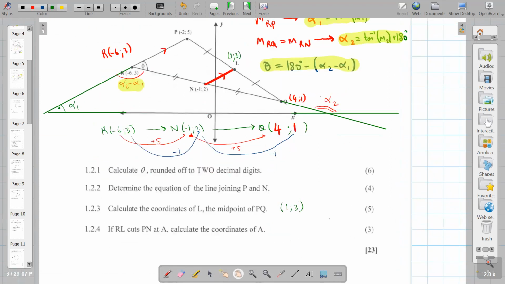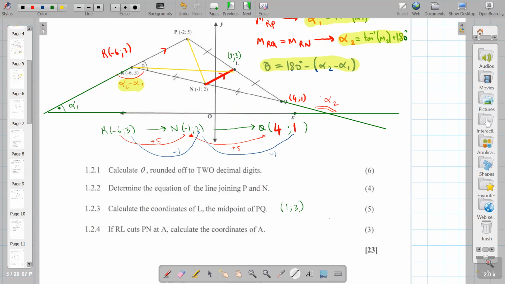And then what else do we have? Coordinates of A, if RL cuts PN, it's N. Do we know PN? Okay, we got the equation of PN. And do we know the equation of RL? We don't know, but we can. So, okay, it's just equating those two equations. No, we have the equation of PN. We already have, imagine. And then we can get the equation of